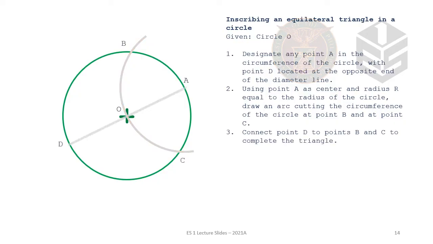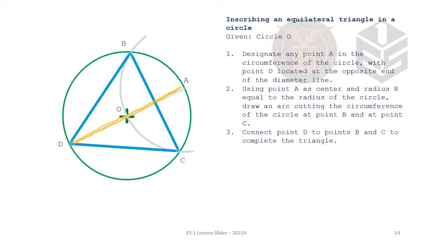We connect D, C, and B to form an equilateral triangle inside the circle. So let's explain how this is valid in order to draw an equilateral triangle inside the circle. Remember that if we have a semicircle, we have a right triangle with the hypotenuse on the diameter. So when we first made this arc,